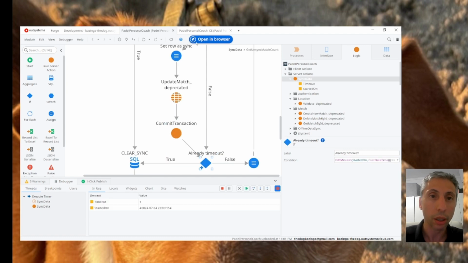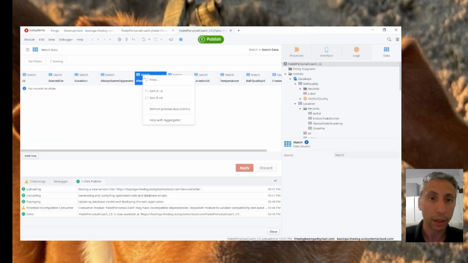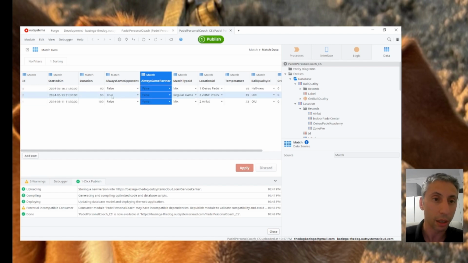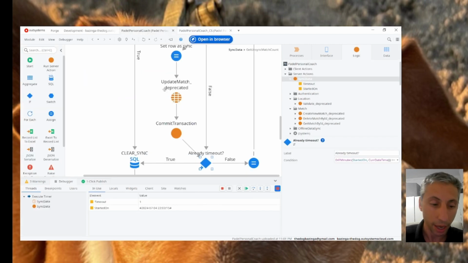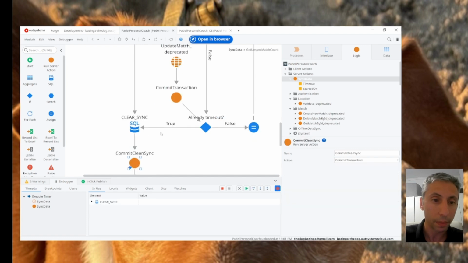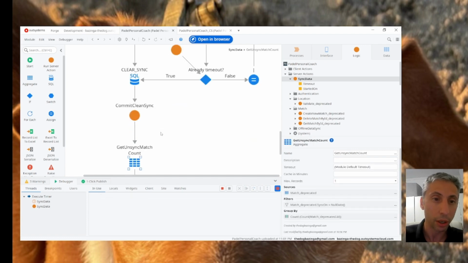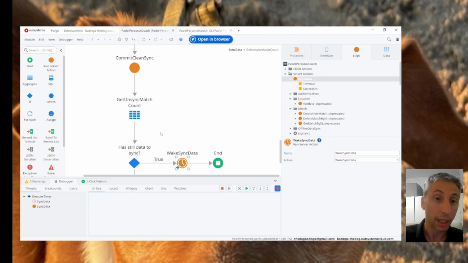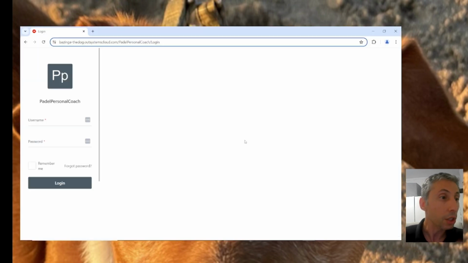Okay, actually here, if you see, I can refresh my data here. So I'm already starting to get some data here. You can see. Now I'm gonna get. Okay, it already timed out, because it passed 1 more minute, so I'm gonna clear my sync, commit. I'm just gonna get the count. Does it still have? And I'm gonna wake up again. Okay, and now this will call again